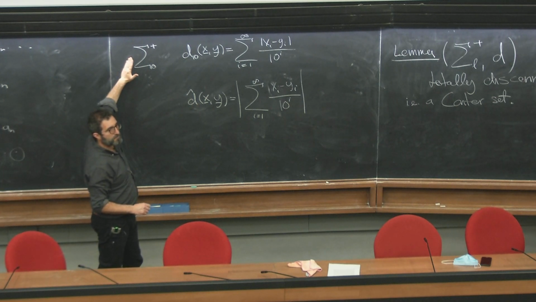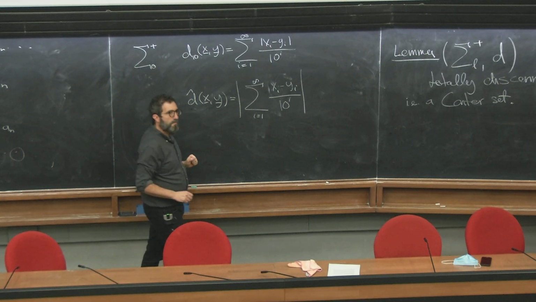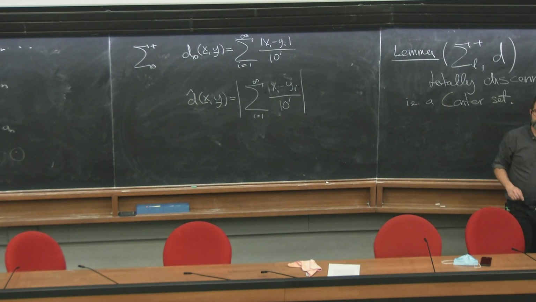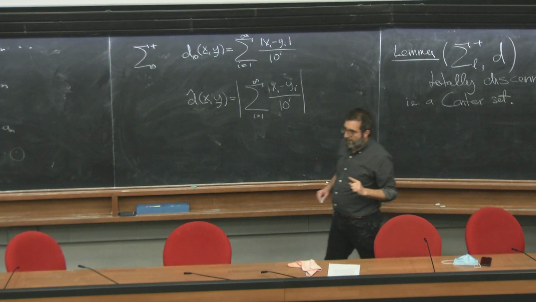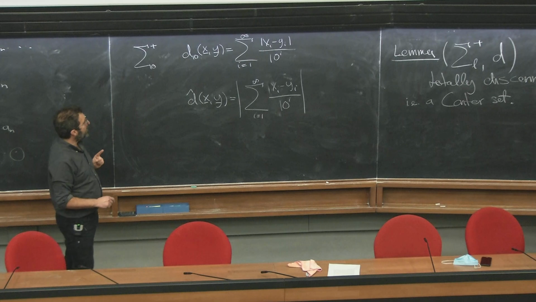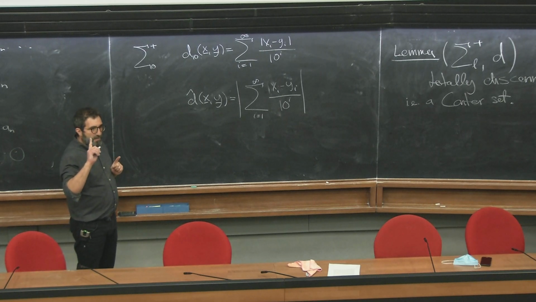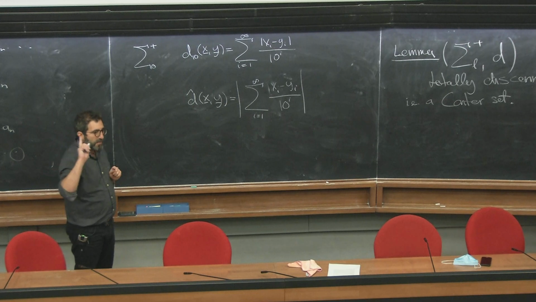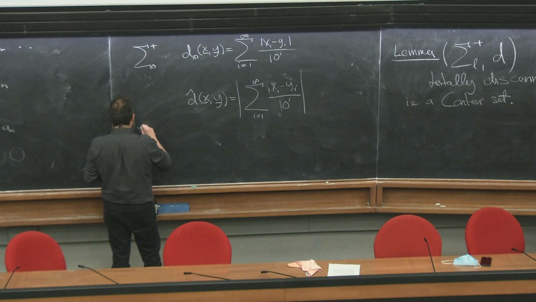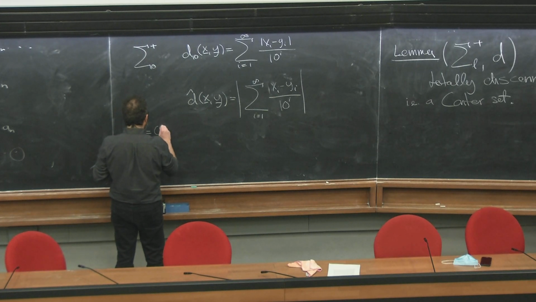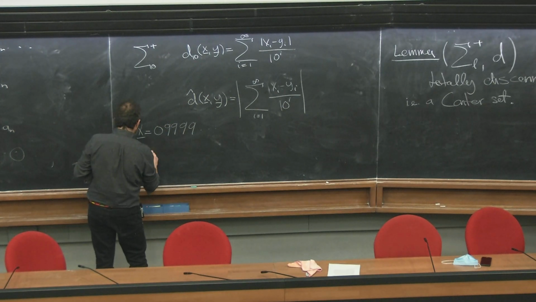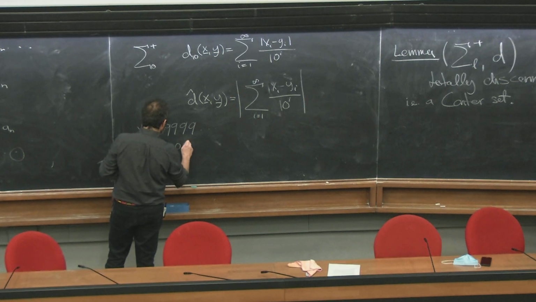I think so, yeah. No, it's a different topology, no? No, it's not a metric, because we have 0.9999 and 1.000, which are the same in this topology, in the second metric. If it's called a metric, it's a quasi-metric. That is correct. That is a very interesting point. That's why this is interesting. So in this case, if you take x bar equals 0.9999 repeating, and if you take y bar equals 1.000 repeating,